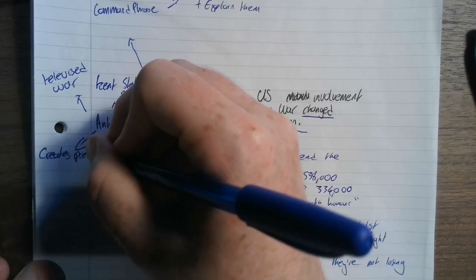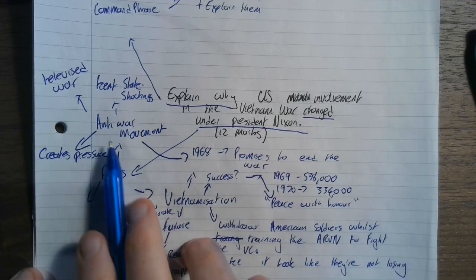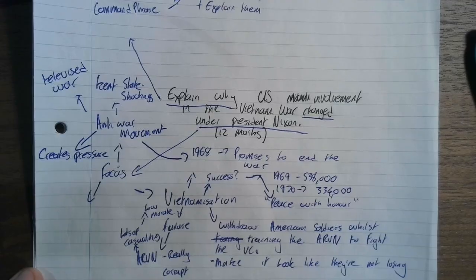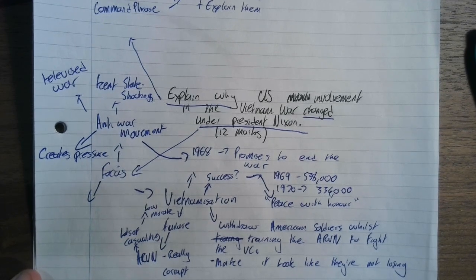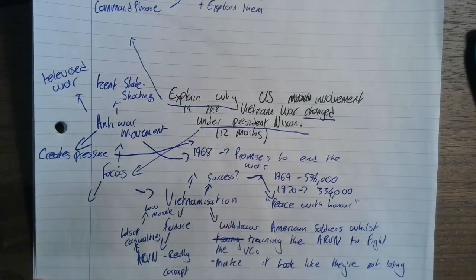If you are a politician who wants to remain in your job, in order to get votes, you have to cater to the anti-war movement. You have to say, yes, I promise to contribute to the end of the war in Vietnam, or yes, I support your movement. And all it does is create pressure. It links all the way back to his promise.